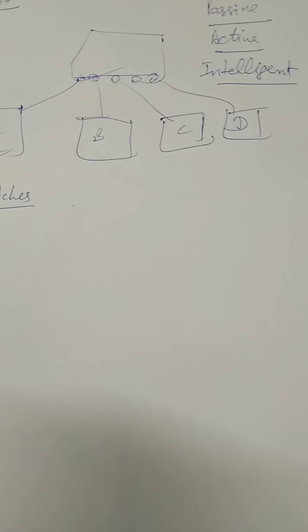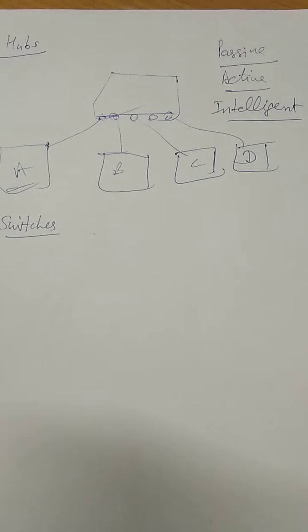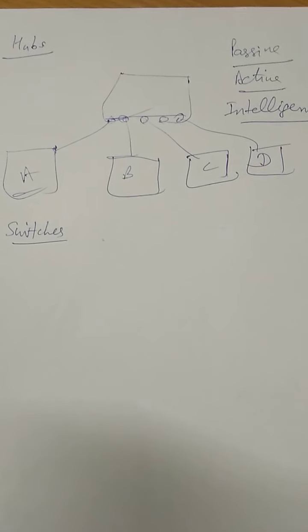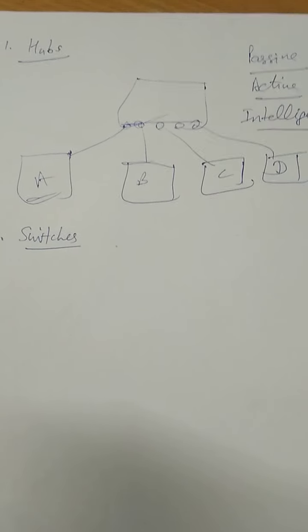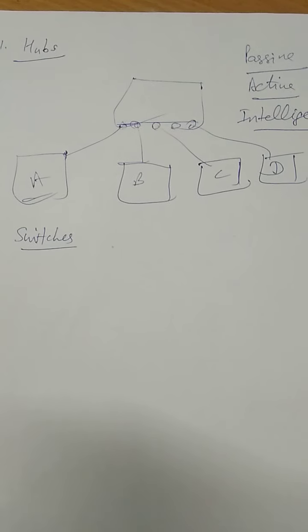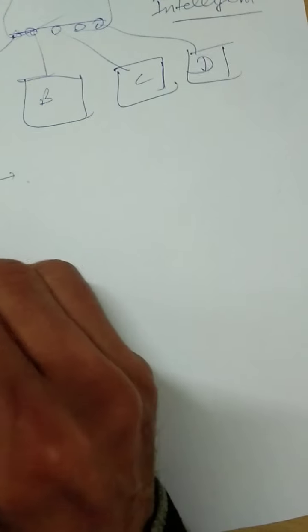Second is switches. The second network device is the switch. A switch creates temporary point-to-point links between nodes on a network and sends all data along the link. Switches are intelligent devices and pass the data to the destined node. A switch has the ability to identify the node address written in a message. The switch has a buffer for each link to which it is connected. These are about switches.